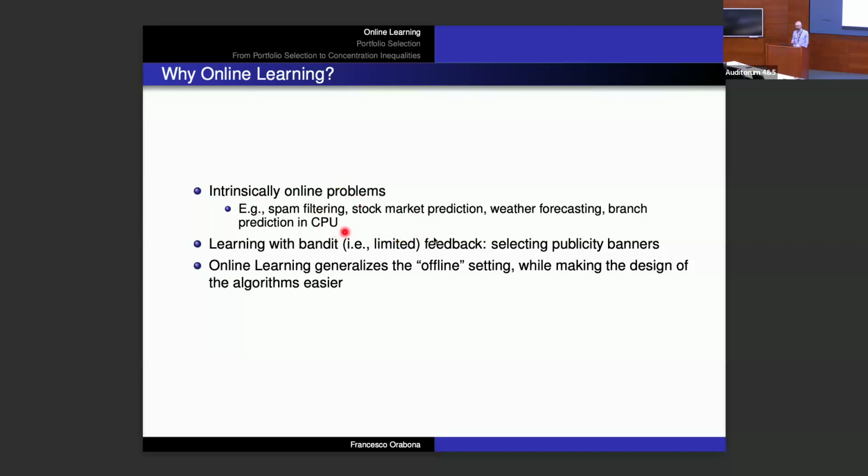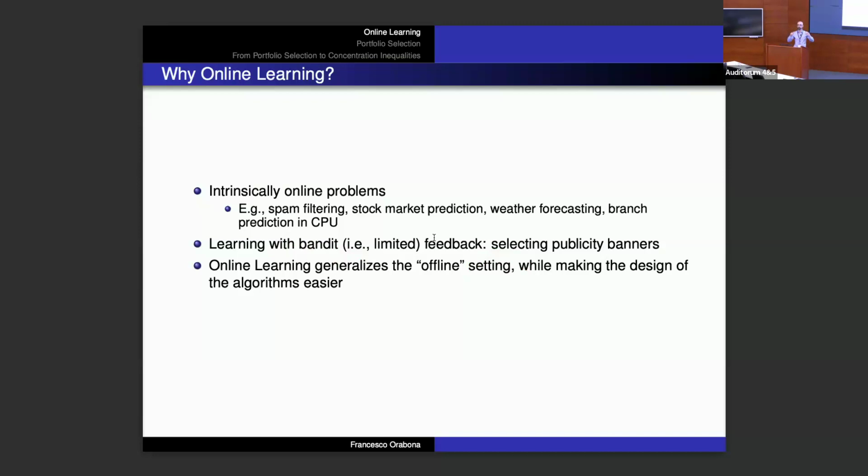But there are also other problems, and in particular, later I will show you stock market prediction. If you don't want to assume anything about the stock market, it can be modeled as an online learning problem in which anything can happen in each step, and you just want to be as good as the fixed strategy. Online learning is also famous because there are a bunch of problems related to advertising. For example, when you browse a website and you see all these banners that are appearing on the website,